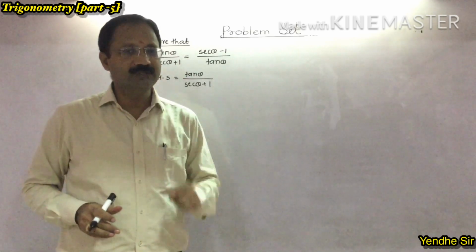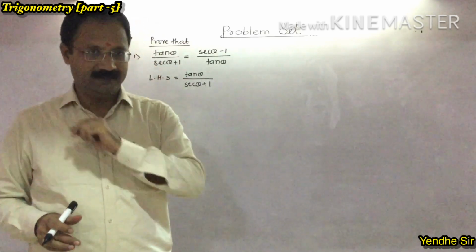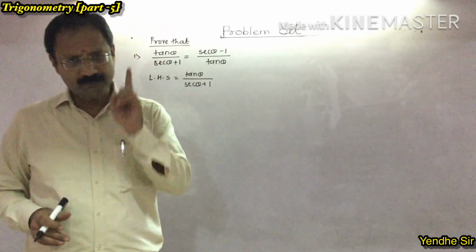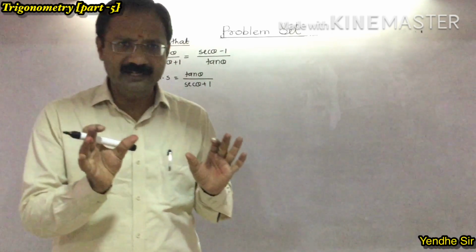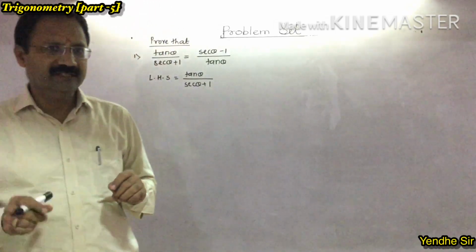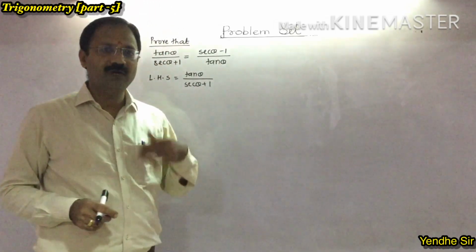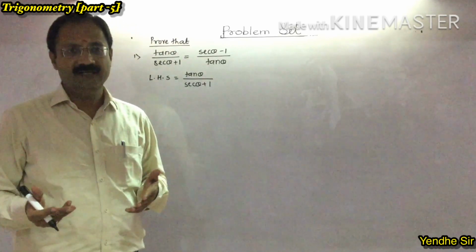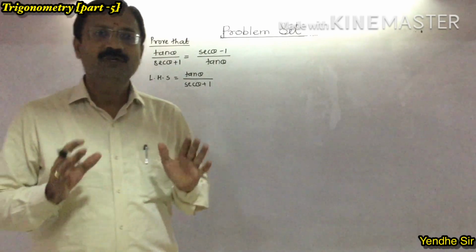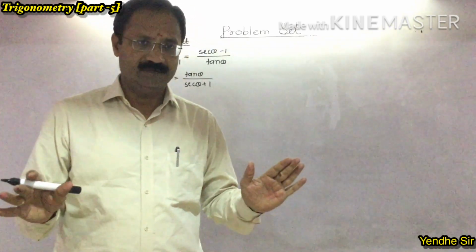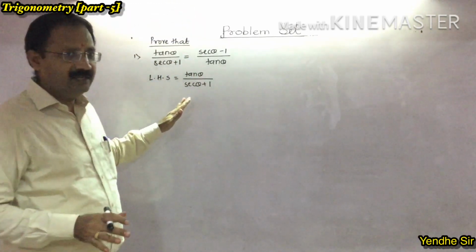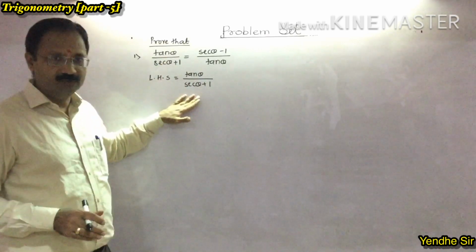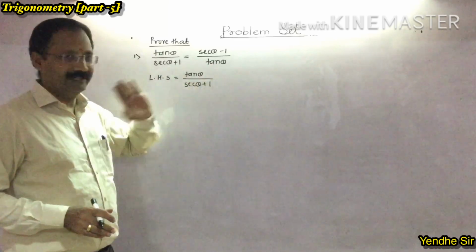But let me tell you the one thing here which is different. In any sums, if you find tan theta, sec theta in LHS and RHS also, even cot theta, cosec theta, then don't follow the rules. You can solve it directly also. I am not going to follow the rules here. I am going to solve it directly.